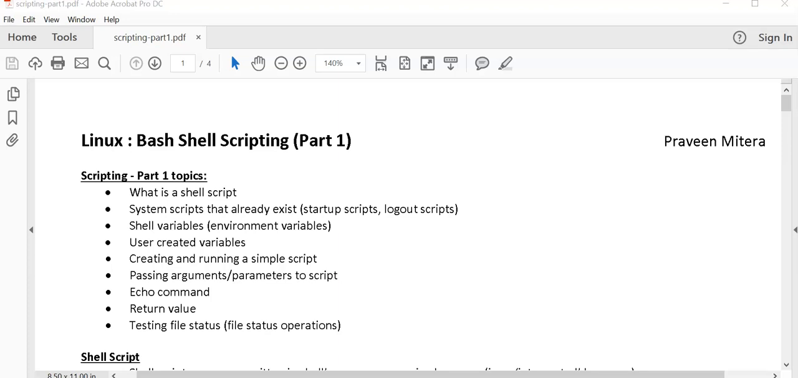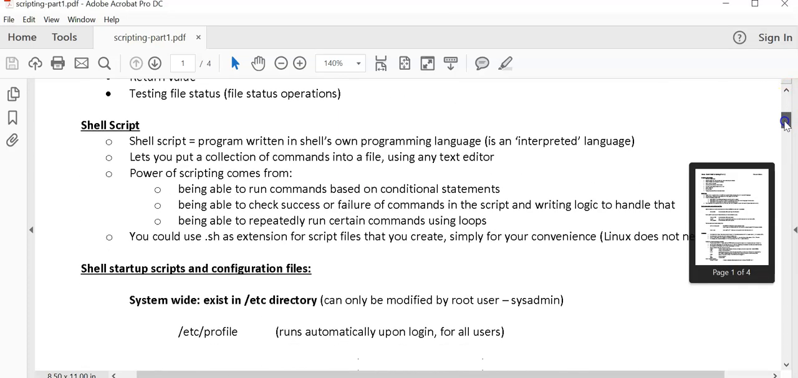Hi, today we're talking about bash shell scripting, which I'm going to do in a few different parts because it's a really wide topic. So in this first part, we're going to look at what a shell script is, look at some of the scripts that already exist, and what shell variables and user-created variables are. We'll create and run simple scripts. We'll see how we can pass arguments or parameters to the script. We will also be using the echo command, understand what a return value is, and look at testing file status. So lots to cover. And we will first